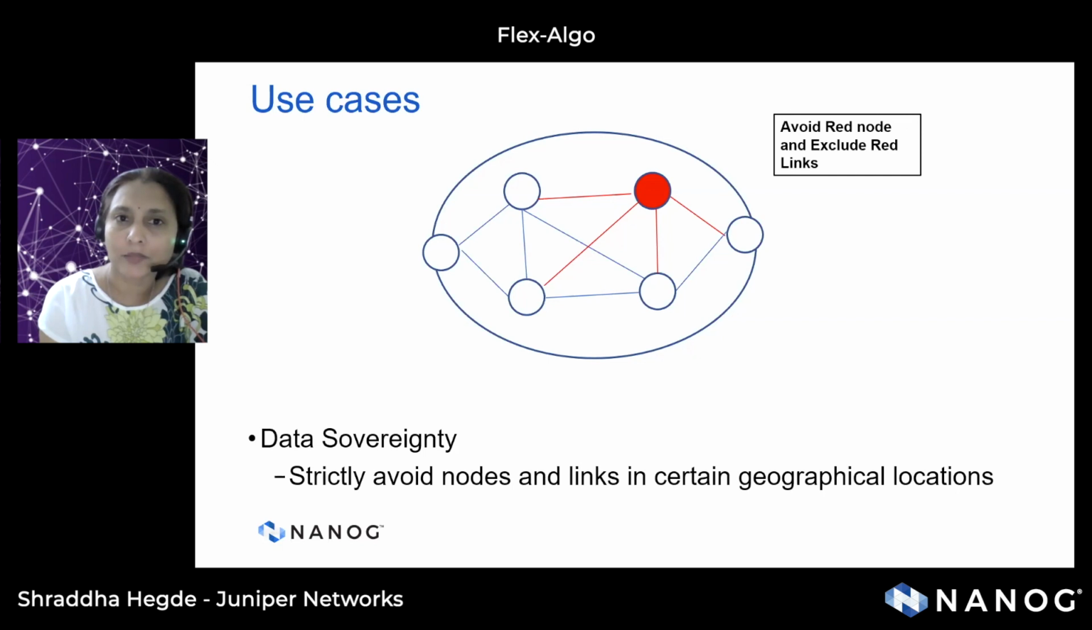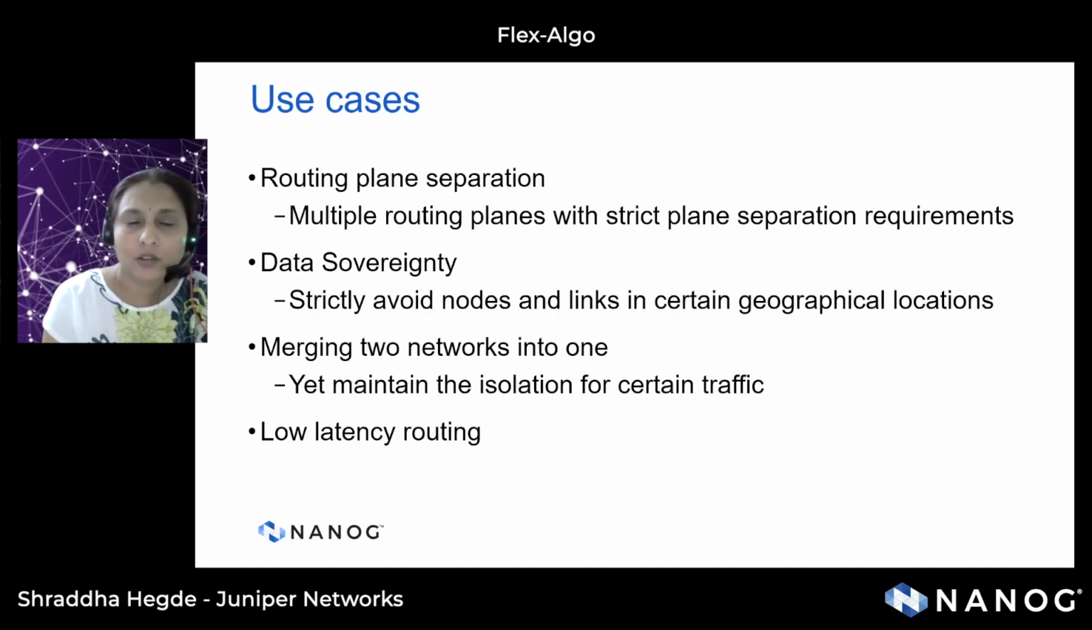With this, the FlexAlgo topology that the IGP uses for path computation for this FlexAlgo would not see the red nodes and red links, and hence would never traverse those nodes and links. So let's also see some other applicable use cases. As and when we are seeing more interest in FlexAlgo deployments, another use case we are coming across is merging two networks into one. So, network consolidation use cases,